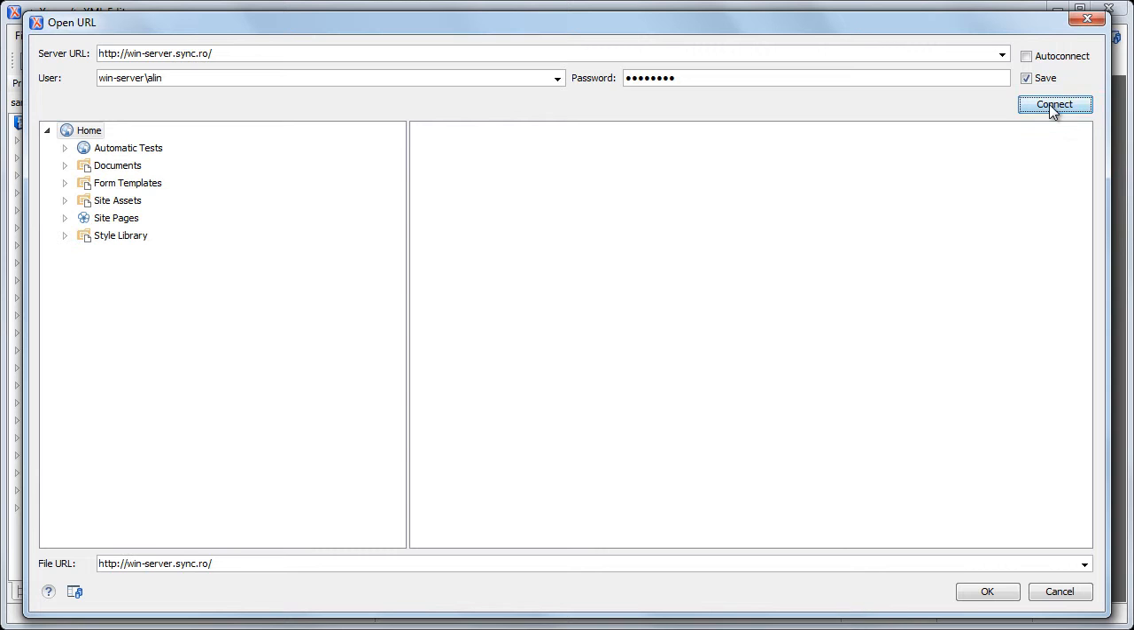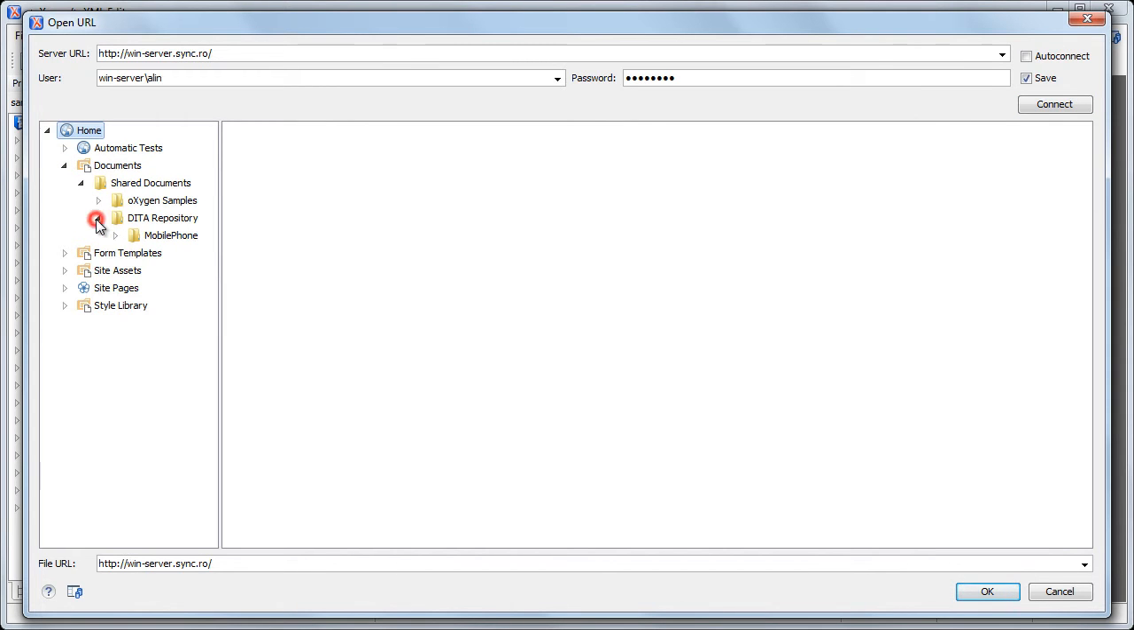The OpenURL dialog offers a specialized layout for browsing a SharePoint site whose structure is presented in the left side in a tree-like fashion, providing an overview of its hierarchy. On the first level, you will find the sub-sites of the main site, as well as the available libraries, which